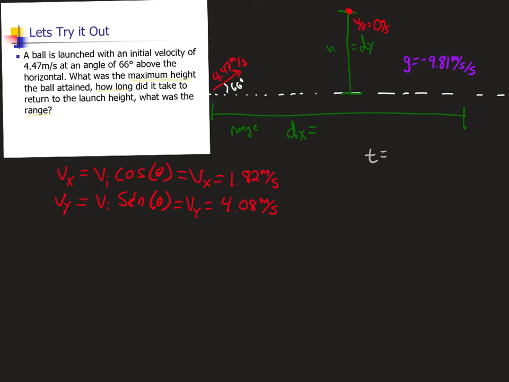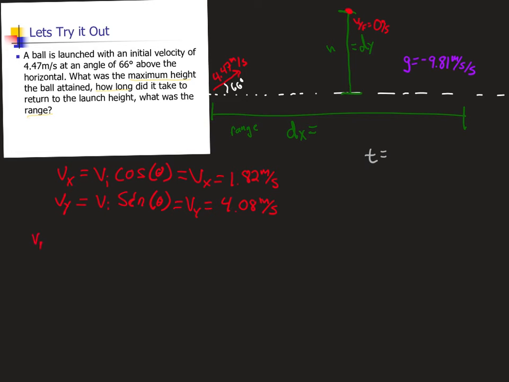V sub f is equal to g times t. Well, I don't know if that's going to work, because then your t is going to be like 10 seconds, and that might not make a lot of sense. It would solve for 0, because v sub f is 0 and gravity is negative 9.81, but 0 divided by 9.81, well, there you go. You got 0. Time shouldn't be 0. So you're looking for those things, and what you come up with is the only equation that you can use at this time